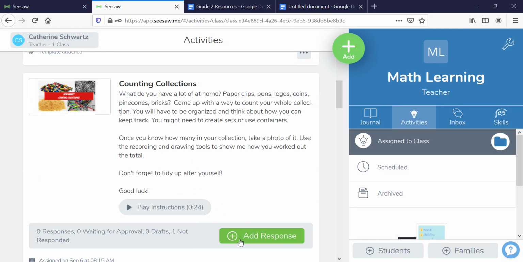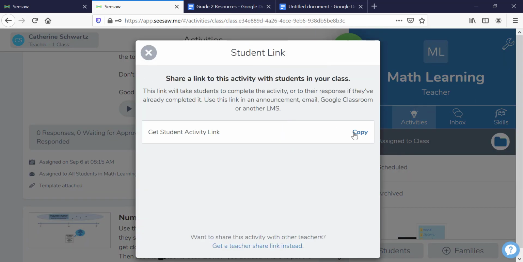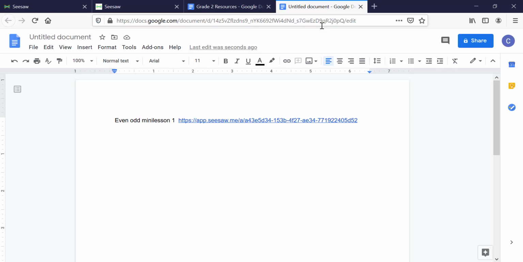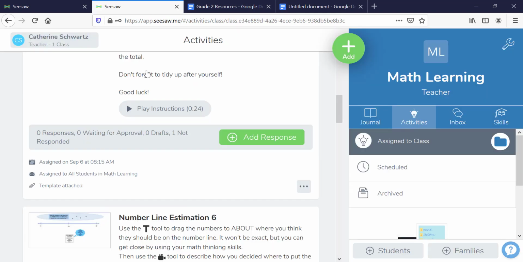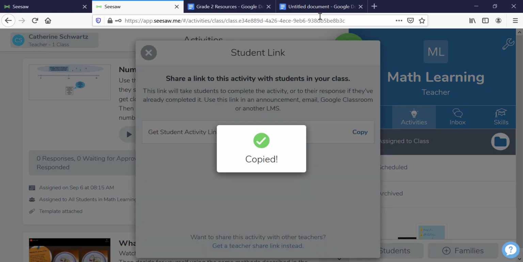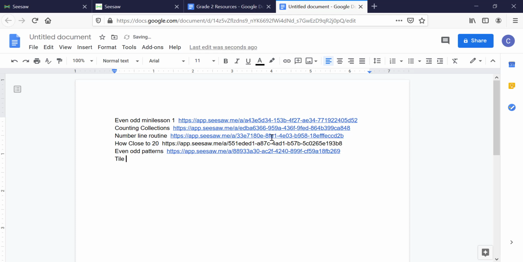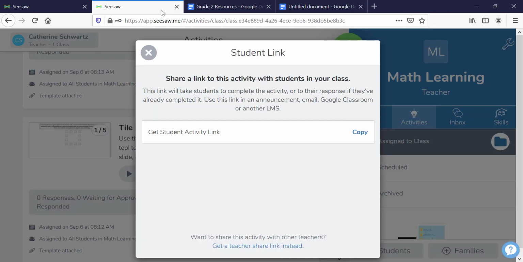I want to get my counting collections 1. Again, get the student link. The phrase I'm typing is just a placeholder so that I can remember what each link is. You're not going to need what you type later. Okay, now I have the student links and I can go back to Seesaw and create my